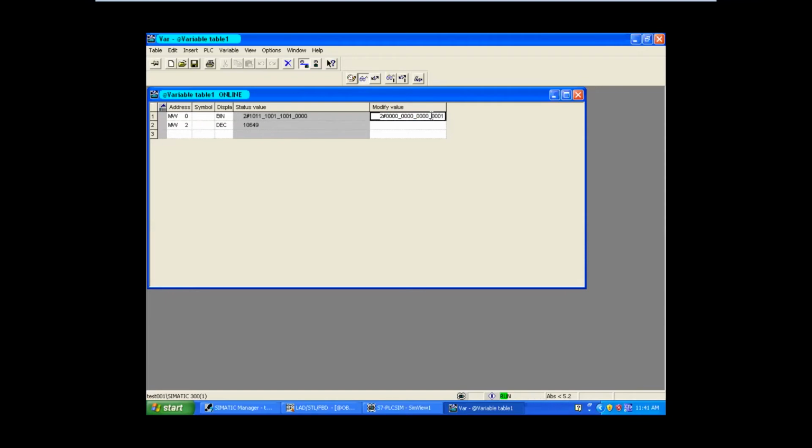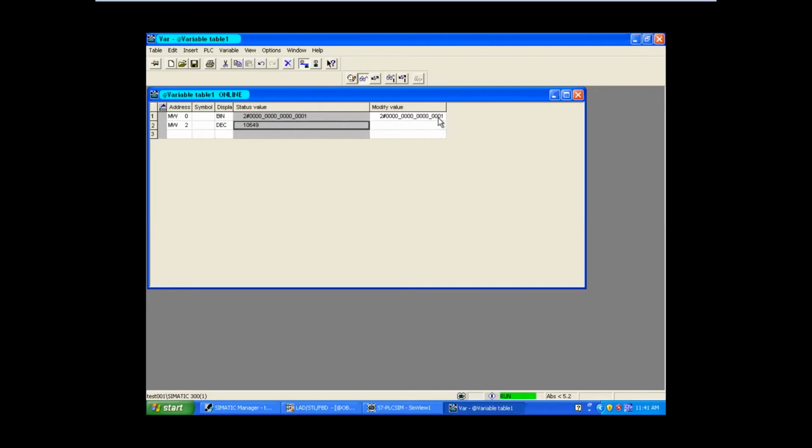And this one is modify variable. This is the option which will update whatever you are giving here. See, after I pressed it, this value is shifted to the status value. Correct? So MW0 I have given. See, MW2, what should be the answer of MW2? That is 1. Correct? So I have given the BCD value in binary form as 1.